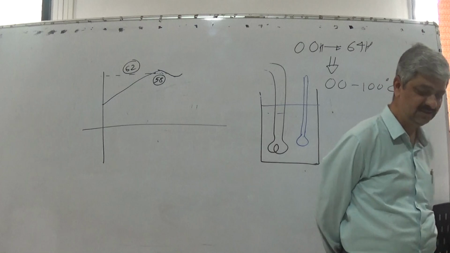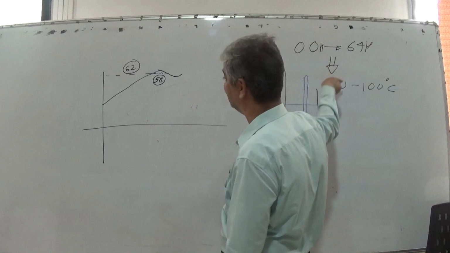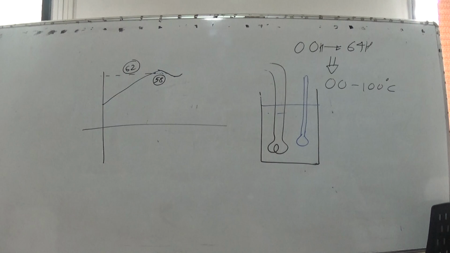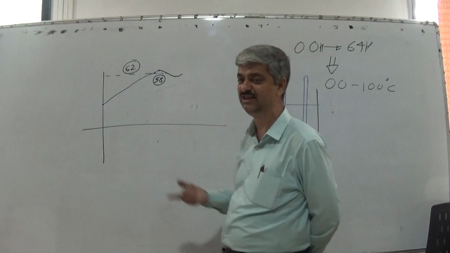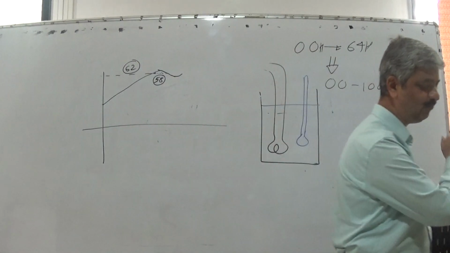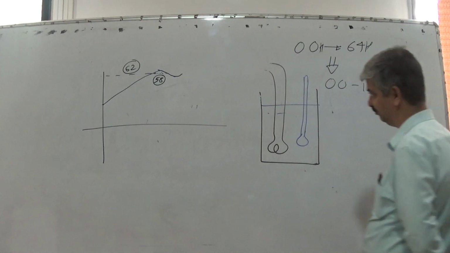What you want is that, by your on-off control, temperature will always continue to be around 60 but not exactly 60. By putting it off after crossing 60 on the upper side, and putting it on after crossing 60 on the lower side, you maintain the temperature approximately constant in the range of 4 degrees, which is not acceptable for a given application. Then tell me what will you do? It's a very interesting question. Again, those who want to answer on their own can pause, think for a while, and then put the video on.